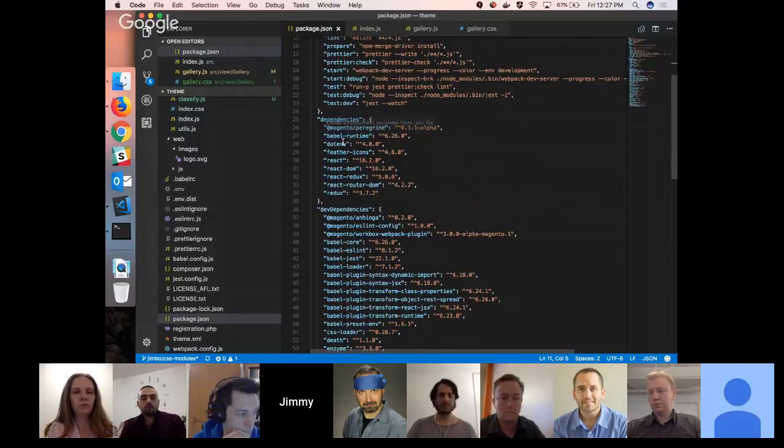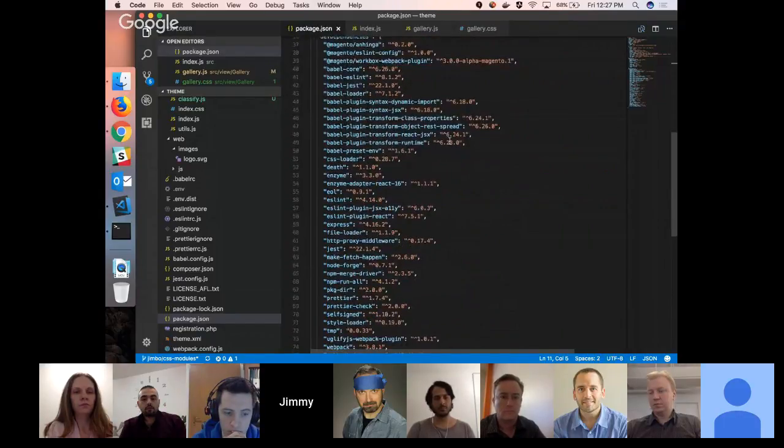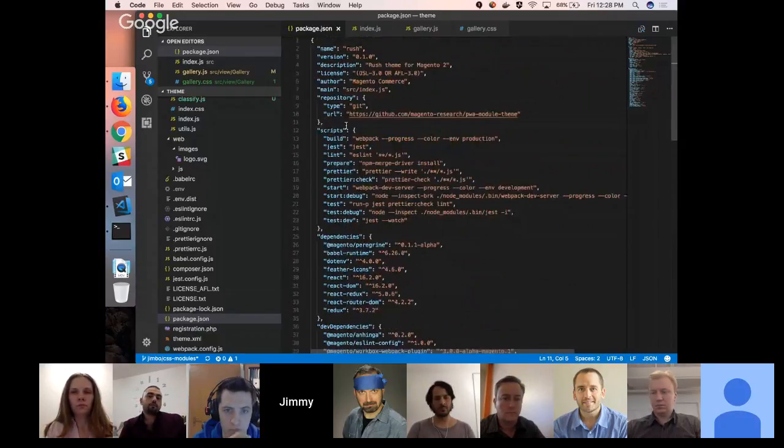We'll have all of the normal React dependencies, including React itself, the router, Redux, etc. And then a bunch of developer dependencies for Babel and Webpack on the build side, and everything else that you need for your development process. But it's very standard. It's just living inside of a Magento theme.